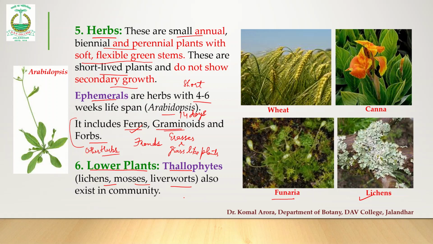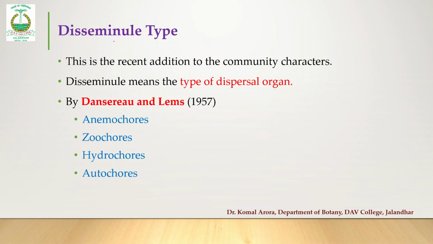Liverworts have a totally thalloid body, and the common example you have studied is Marchantia. There is Marchantia, Polytrichum under these. You have observed this kind of structures where gemma cups are present, right? So these are thallophytes, called the lower plants. That's all about the growth forms. Growth forms are observed on the basis of the texture of the stem: is it woody or not, is it pliable, is it green, and on the basis of height of the plants.